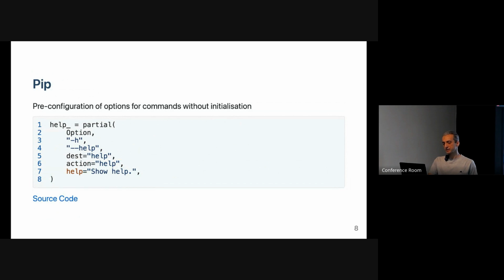But the way they implement and initialize the options is through partials. So they create, per each of those options, a partial function, with the option, which I showed you before, by the way, this can be a class in Python as well. It's not always a function. And then these are the arguments. Since option is a class, these are the properties of that class. So initialize those properties,